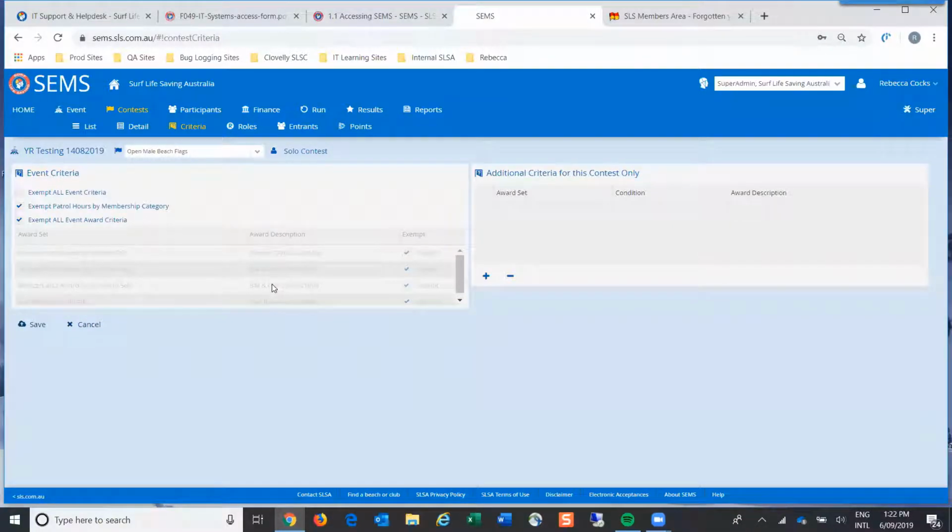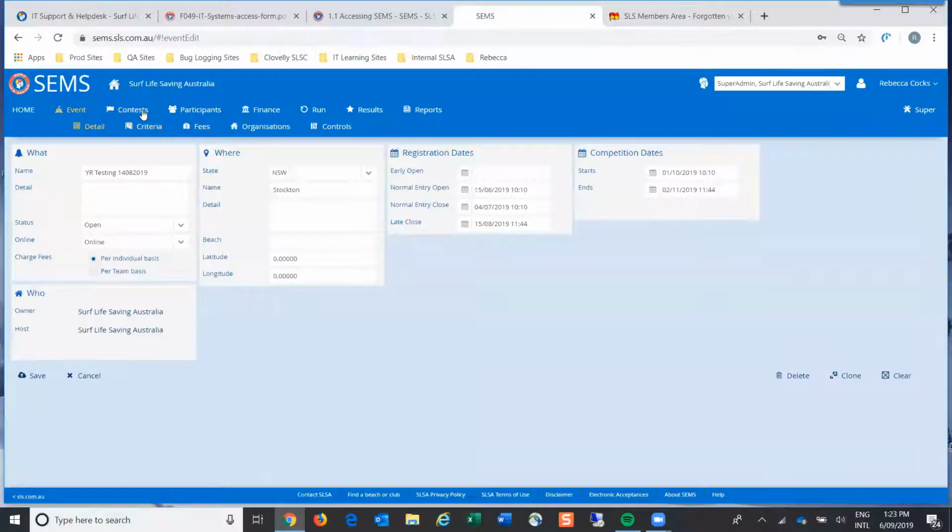So what was set here, all event award criteria has been exempted. So for this contest, you don't actually have to hold those standard things that we started with. So you can view all these settings but not be able to edit them.